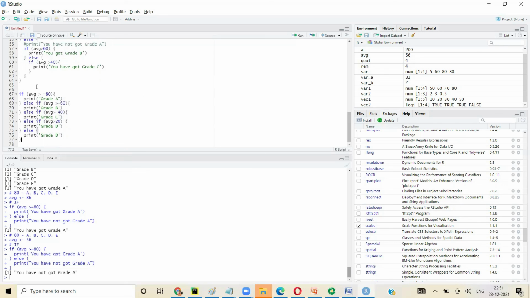So what I have done is I've started with if 80 and I'm saying grade A. If this is false, only then it will go further down. If this is met, let's say I put AVG equal to 89, so this is true, only this part will be executed and these parts will be ignored. If I say 79, this will be false. If this is false, it will go and check the next condition. If the first condition is false, then only it will go to the second condition. If the first condition is true, the rest of the conditions